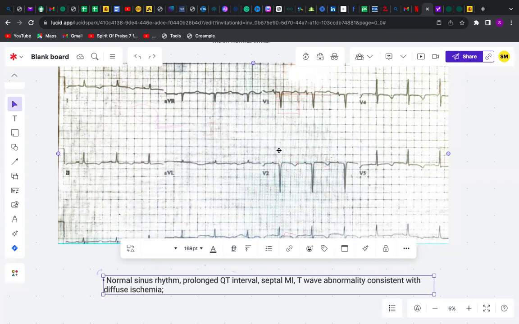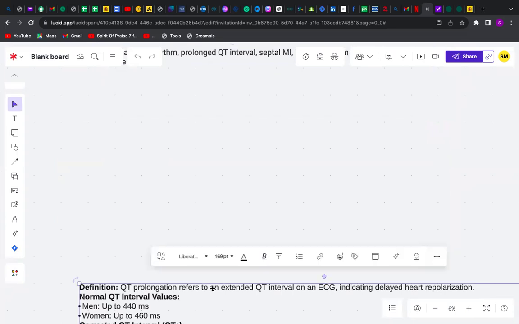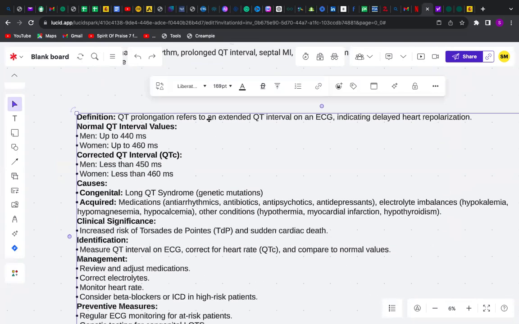Right. So now, what is the QT prolongation that I was talking about? This is just a summary. It actually refers to an extended QT interval on the ECG, which indicates a delayed heart repolarization. The QT interval represents the time it takes for the heart's electrical system to depolarize and repolarize. Essentially,